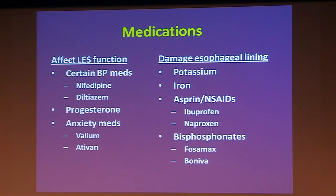Progesterone, which is a female hormone but can be found in birth control, and if you're taking hormone replacement therapy, can also weaken the lower esophageal sphincter. And a variety of anxiety medications, Valium and Ativan being commonly known ones, can also affect the sphincter function. In terms of medications that can